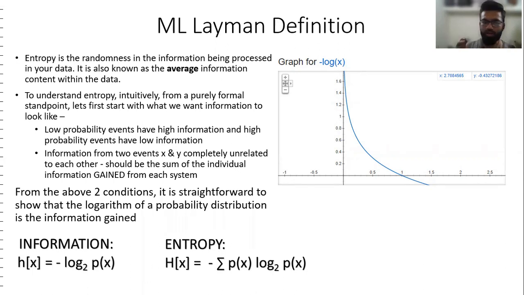So now we're done with the spoilers. These are the two equations that we are very interested in. The remaining part of this talk is going to be diving a little deeper into entropy and how we can derive it as well. And you can see over here that this is the graph of the negative log x. When probability is 1, the logarithm of that is 0, and when it is tending towards 0, it shoots up towards infinity.